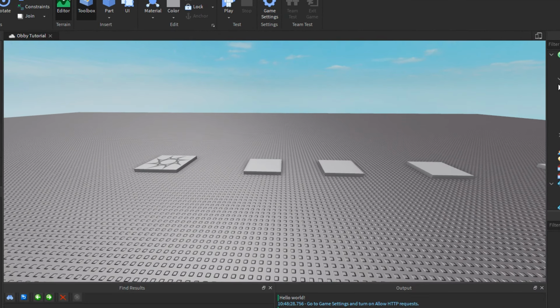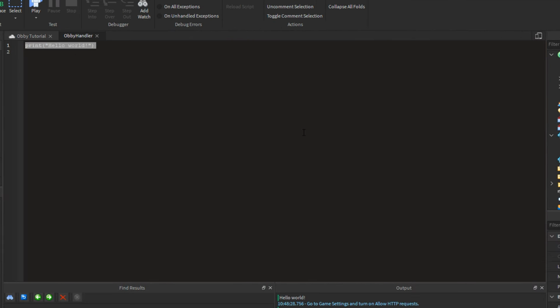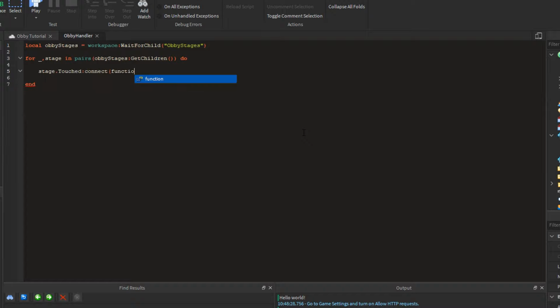So we close this script for now. We don't really need it anymore. So now what we'll do is local OBBY stages is equal to workspace, wait for child OBBY stages, and then we'll do for underscore stage in pairs OBBY stages get children do stage.touched connect function hit,